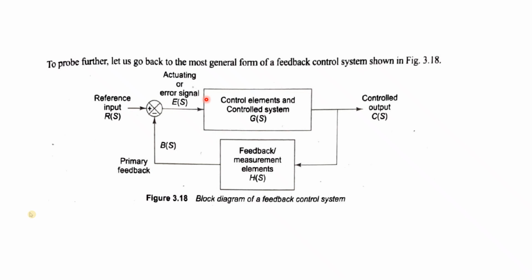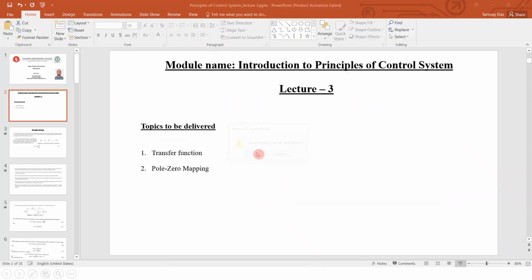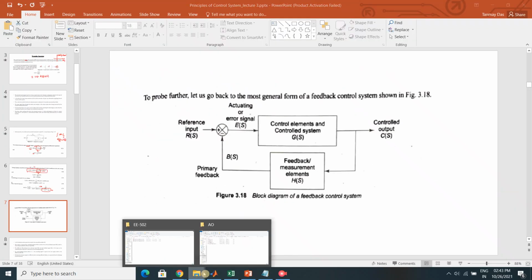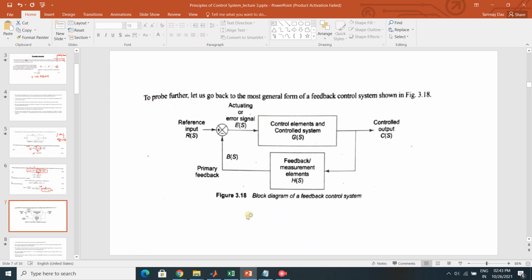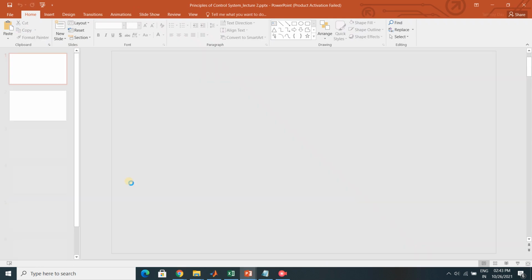But in an air conditioner the output will change, because the room temperature will always be monitored by the controller. So in that case it is represented by a block diagram. So inside this particular control system, there are control elements as well. Okay, there are control elements, because if I show you the previous lecture,